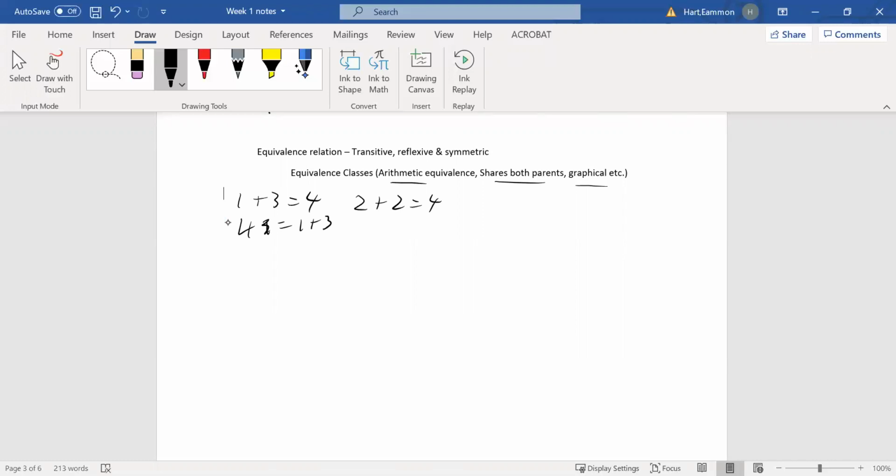And then we can come up with a bunch of graphical examples. But something that's interesting to think of is that this can break up a set into different what are called equivalence classes. That means that they are equal under this relation. So if I want to look at